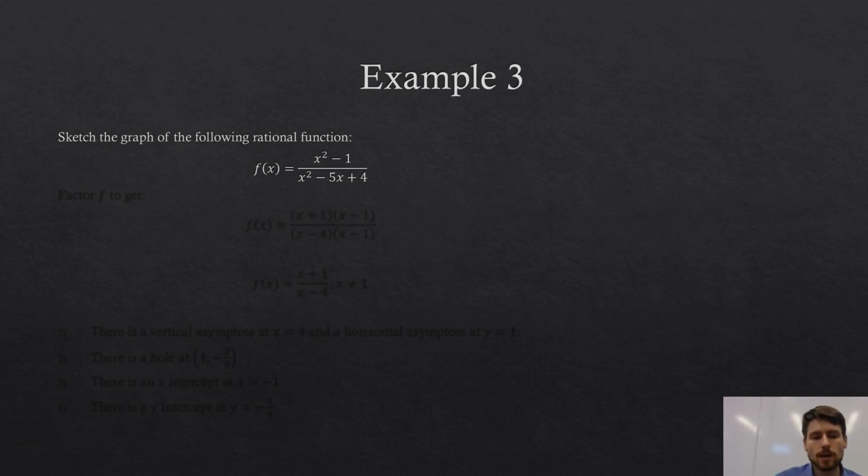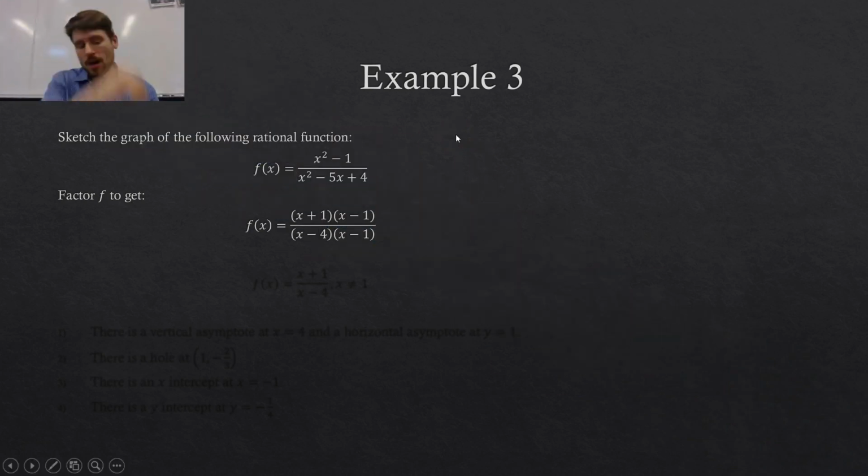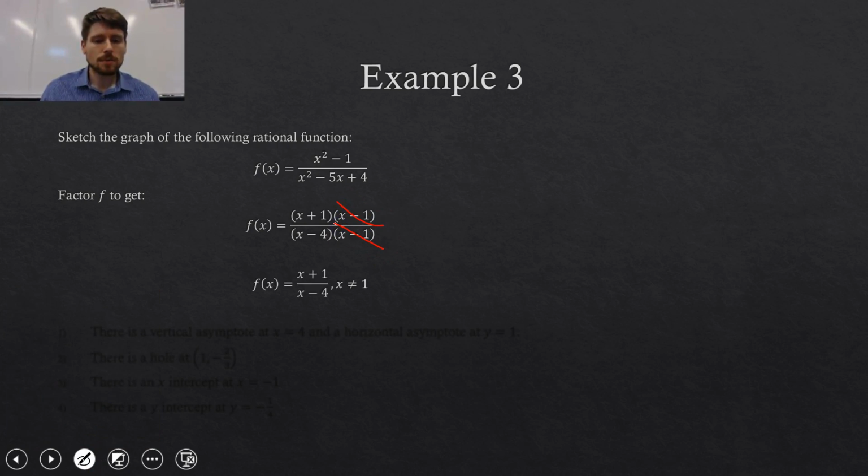So we're going to factor the top and the bottom like we do to find the zeros. Factoring the numerator, you get x plus 1, x minus 1. Factoring the denominator, we get x minus 4 and x minus 1. And so you should see from that these are going to cancel, and our function simplifies to x plus 1